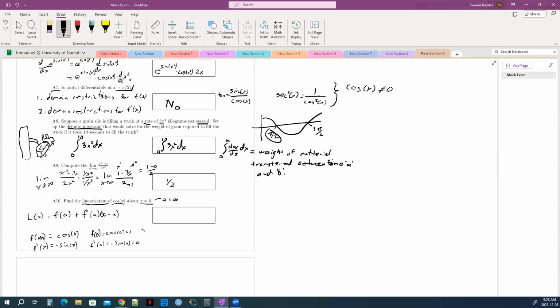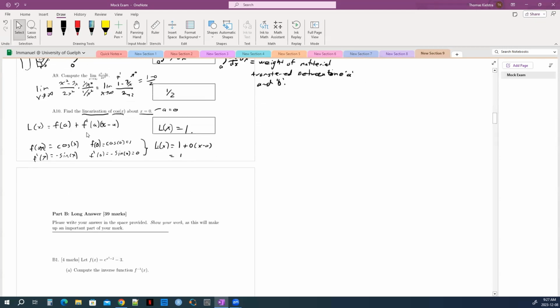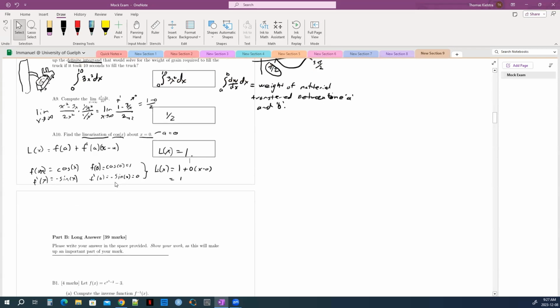So this tells me that L of x equals 1 plus 0 times x minus 0, which is equal to 1. So L of x equals 1. And that completes part